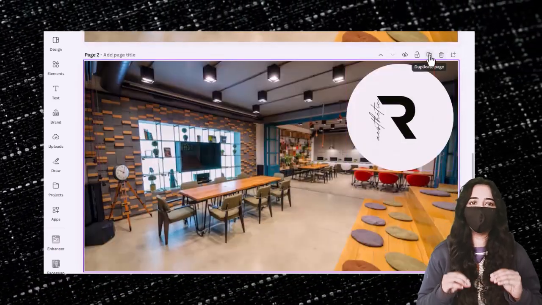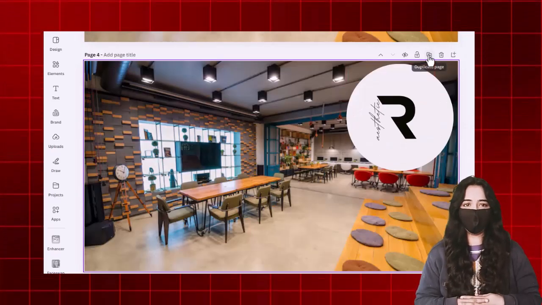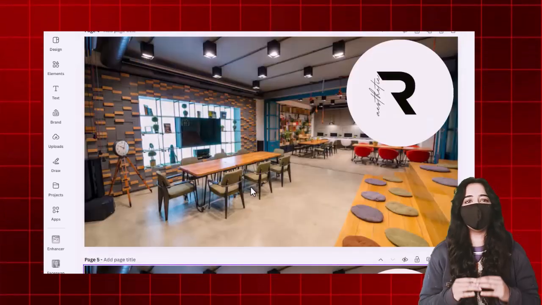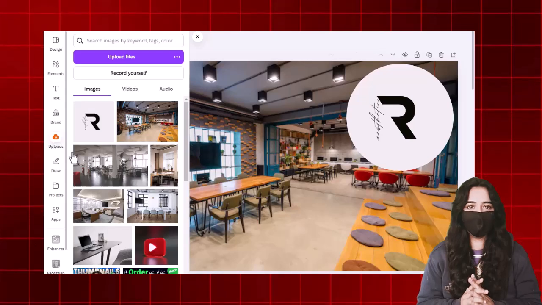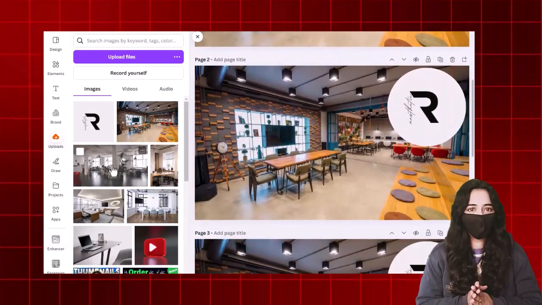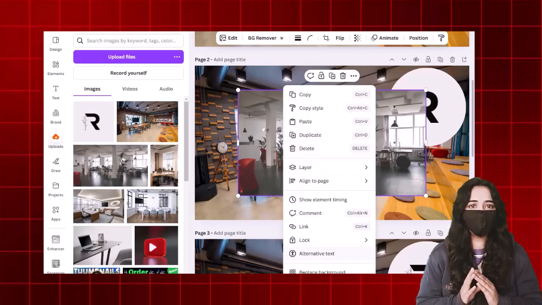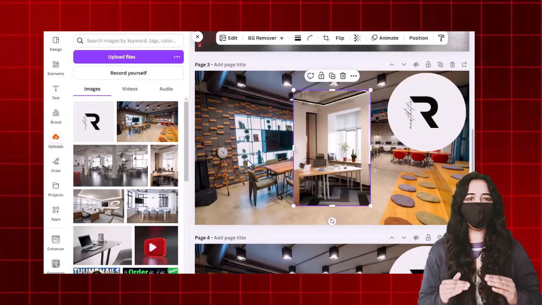Now simple. What you have to do is to duplicate it once, duplicate it again, and here you have duplicated 5 to 6 pages. And here you will see that all the duplicates have been done. So next I will add stock images on the second canvas and set it as its background. Now our second Zoom virtual background is ready.